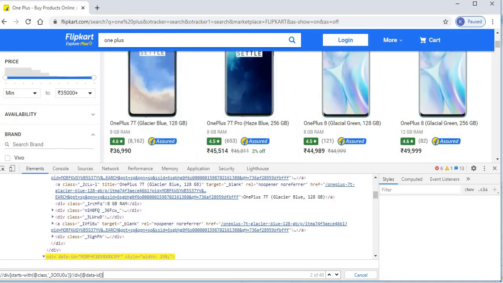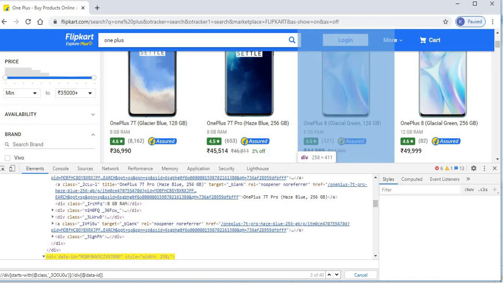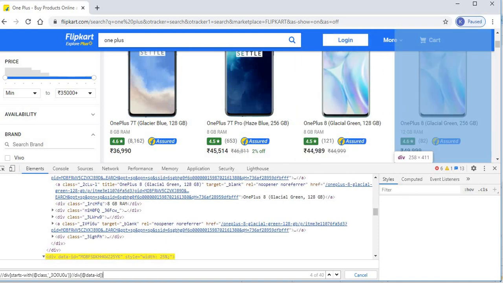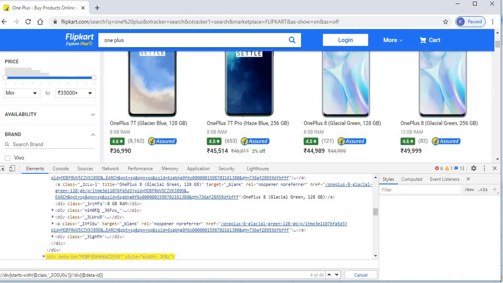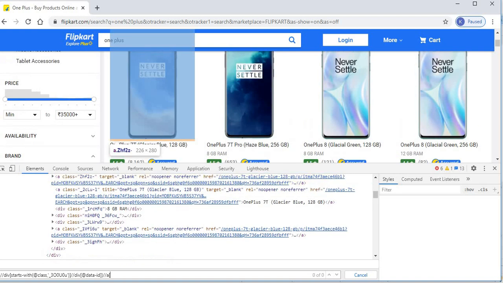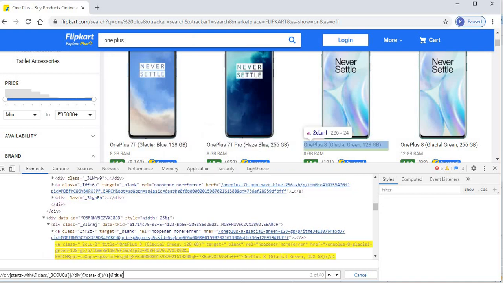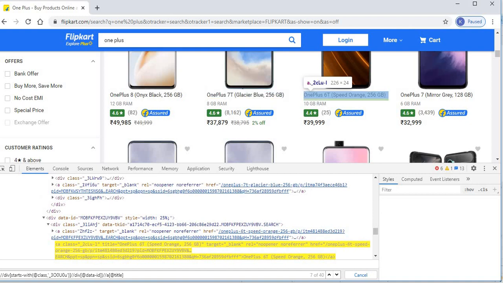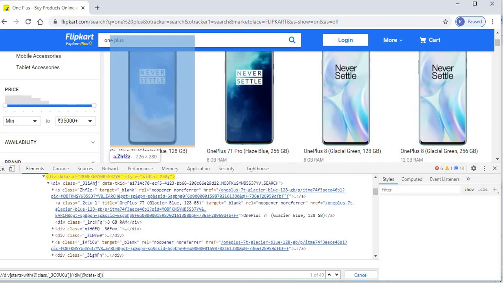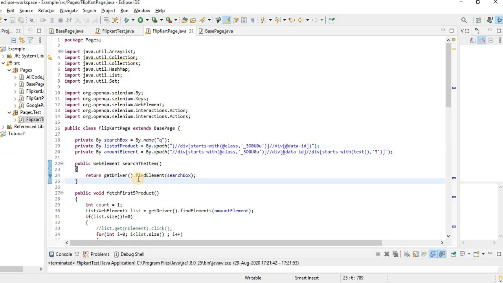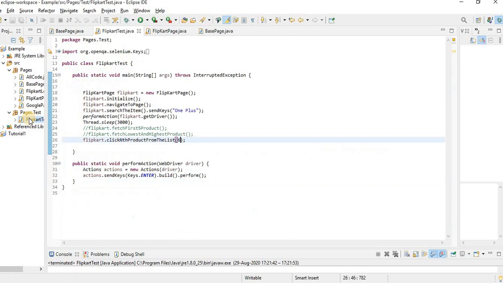You can see when I find the element, the entire div is getting selected, and inside that div we have the title, price and all those things. Inside that I want, suppose, the anchor tag with the title. So you can write it in such a way that it will give you the title. This is how we can create the XPath and it's very easy. So there are two ways, whichever you like you can follow.